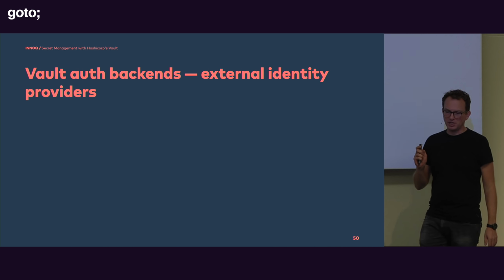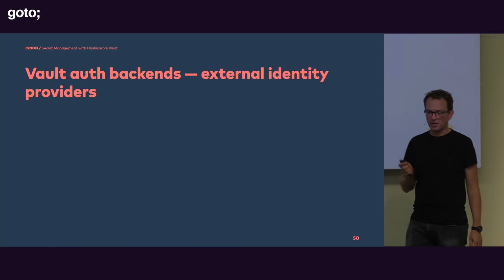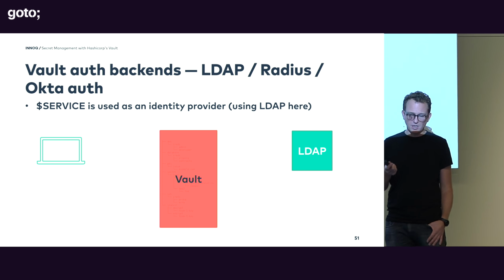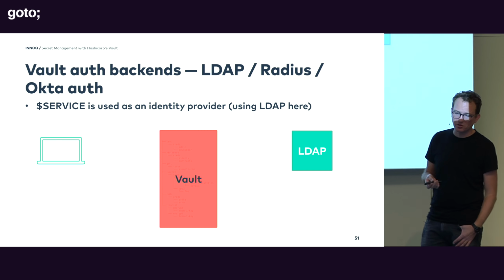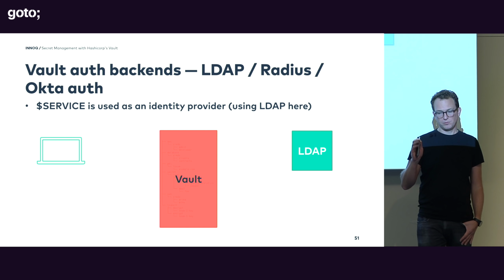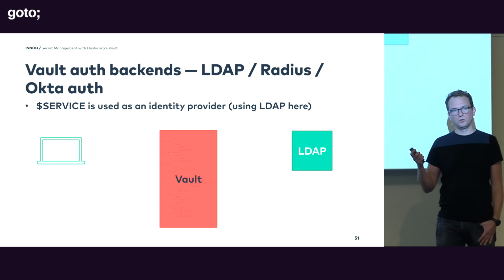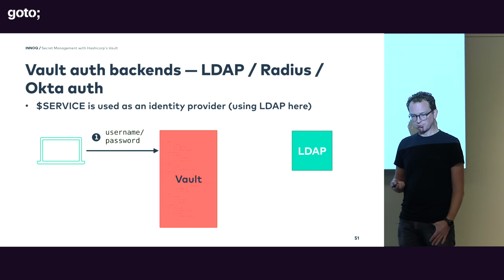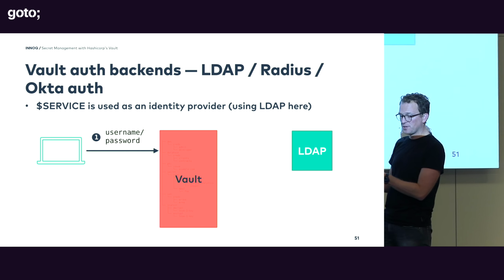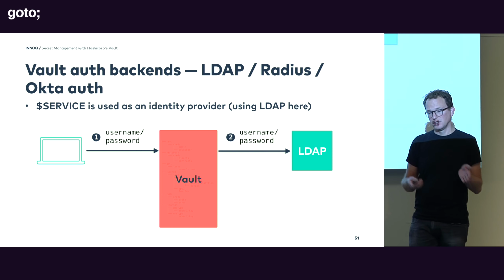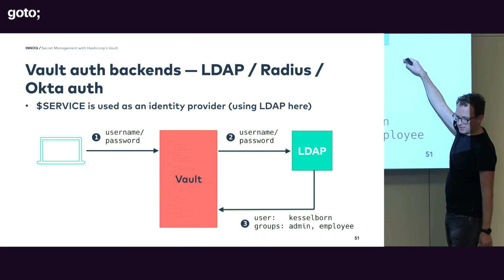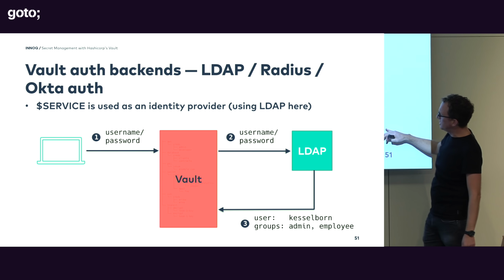So for developers, you can use external identity providers. This is a little bit like an OAuth 2 flow, but it's a little bit different as well. And the first one is like LDAP, RADIUS, or Okta auth. They all work the same, basically. You have to configure Vault to have access to LDAP. And then what I do as a developer, I log into Vault with the auth method LDAP. What Vault then does, it forwards these credentials to LDAP, and usually, if username and password are correct, the